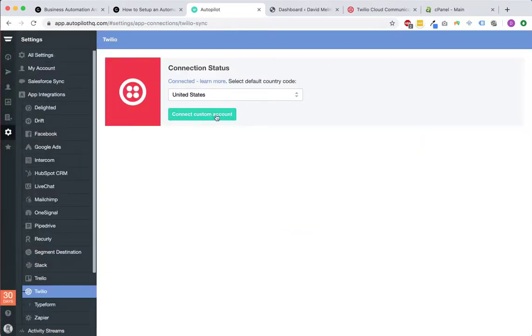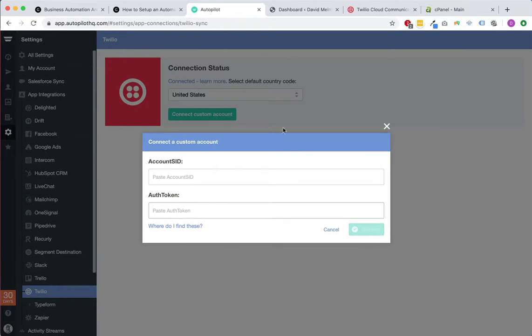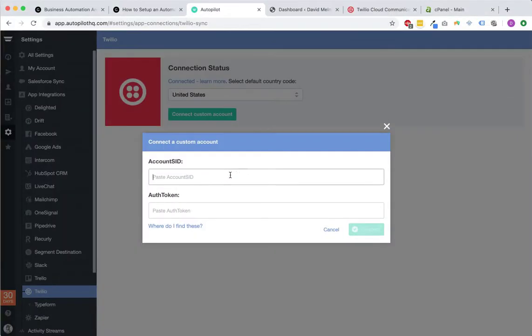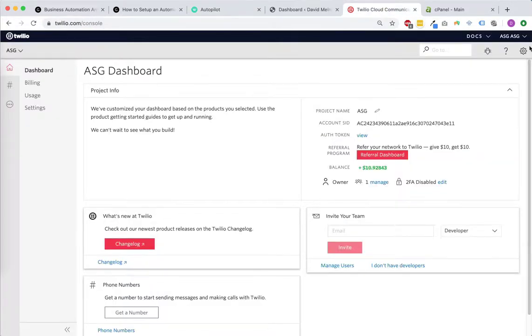United States, you choose your country, connect custom account. Remember I had asked you to save the account SID and authentication token? This is why. Now we're entering it here. So I had saved the ID, and now we paste the authentication token in there. If you don't remember how to find that, you go to your Twilio account, click on Settings,